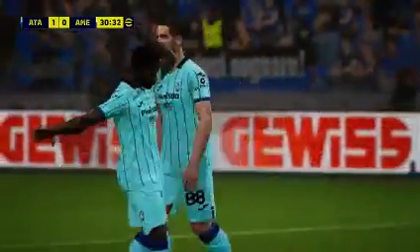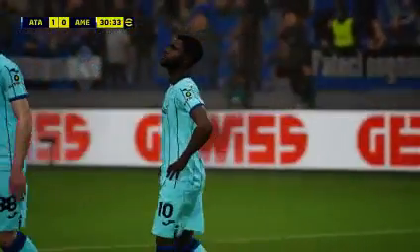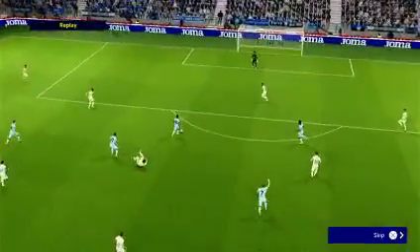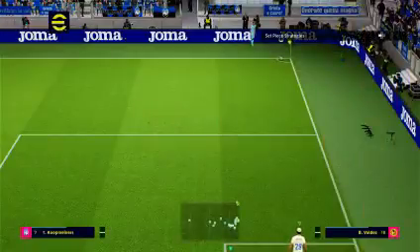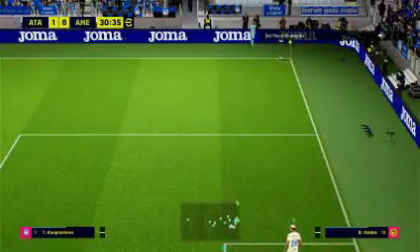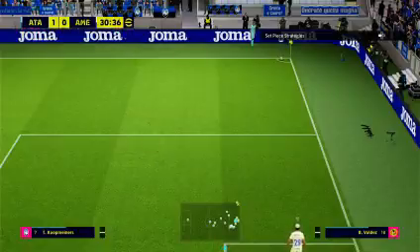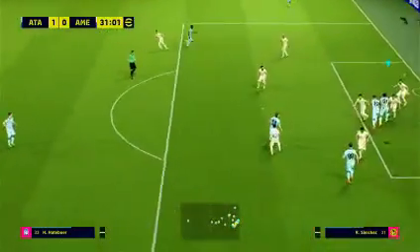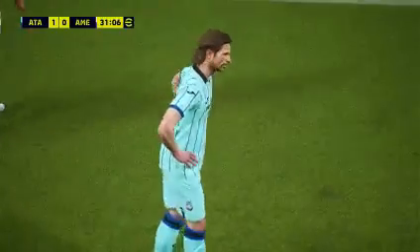That wasn't easy. Oh, that's a sparkling save. Absolutely sparkling. His reflexes were ultra sharp. Decent attempt, but not quite good enough.